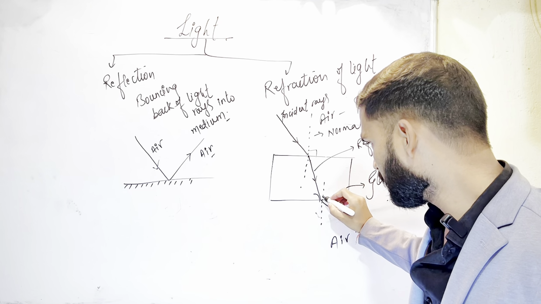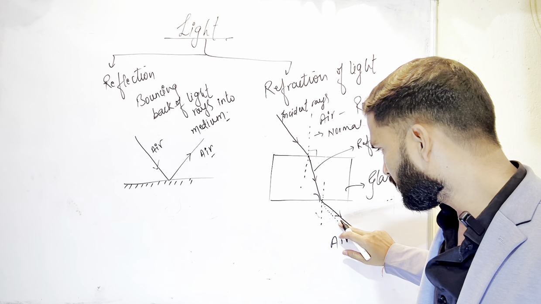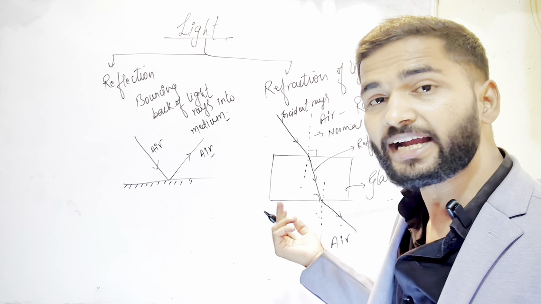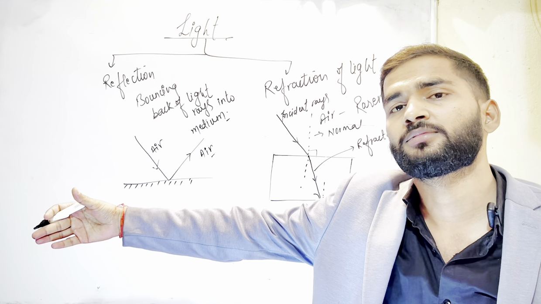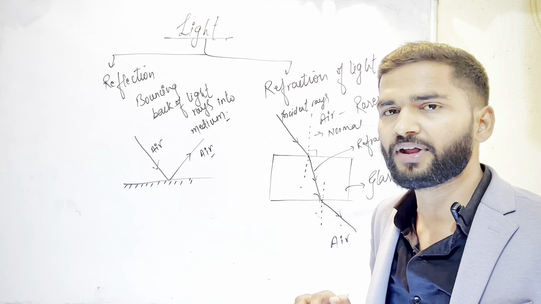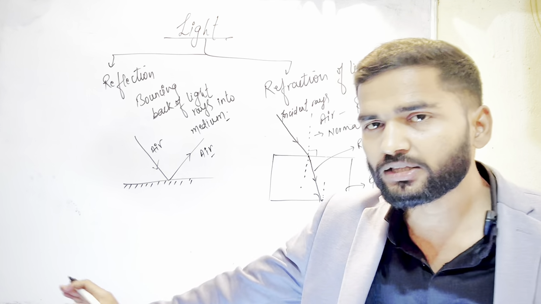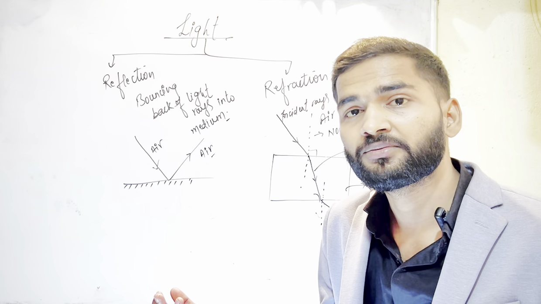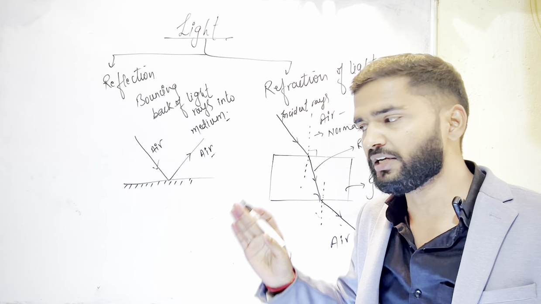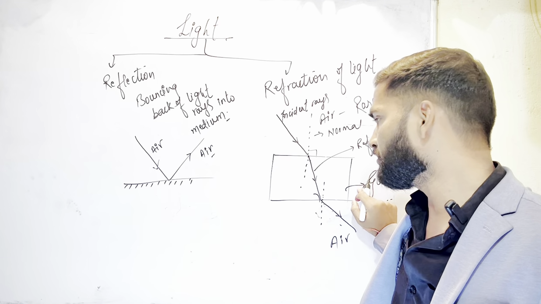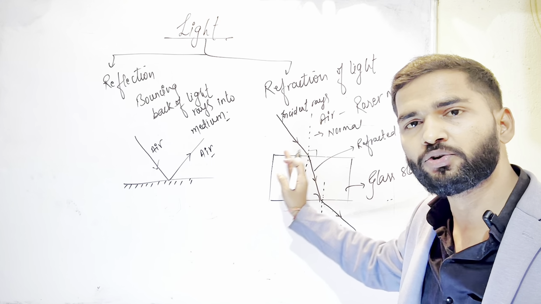It is far away because the light has to come in this way, but light is not coming in that manner. So it means what? Light rays bend far away from the normal. So there are two situations in the refraction of light. First one is what? The refracted rays bend toward the normal, when the number of particles in the medium is maximum. It means denser medium. In the denser medium, refracted rays always bend toward the normal.